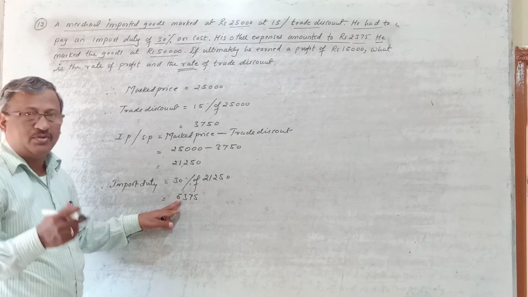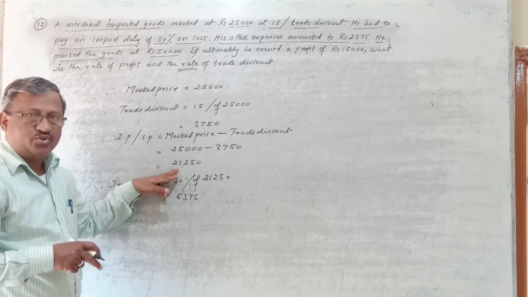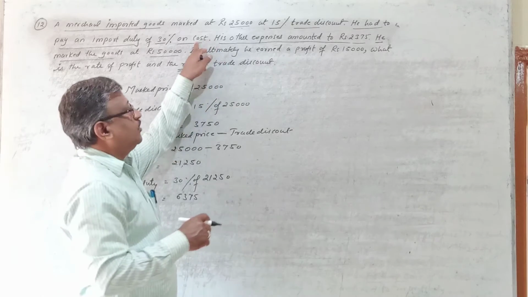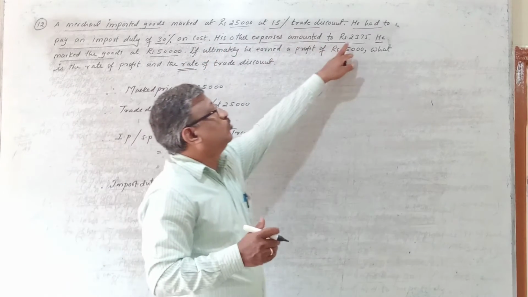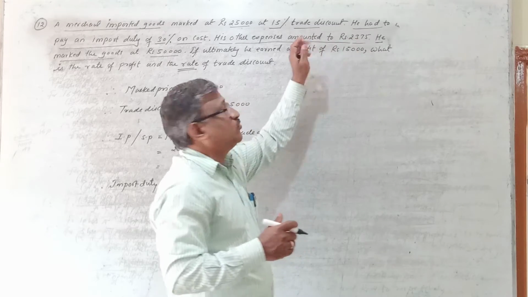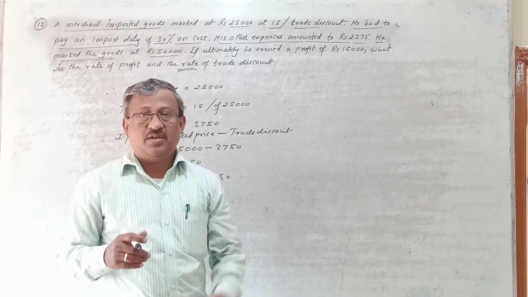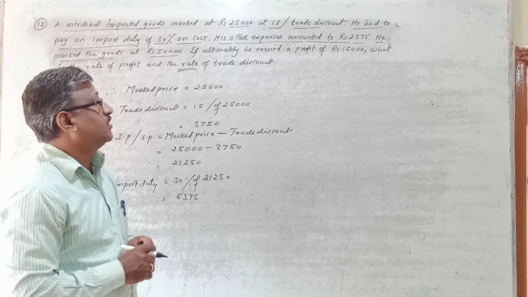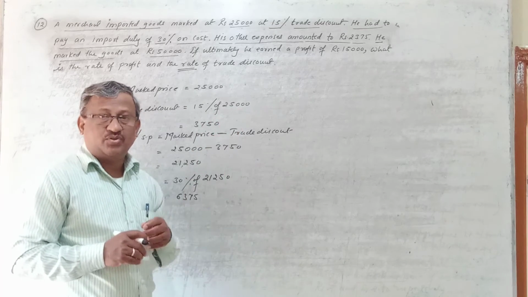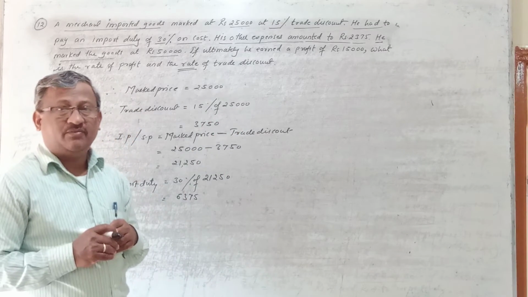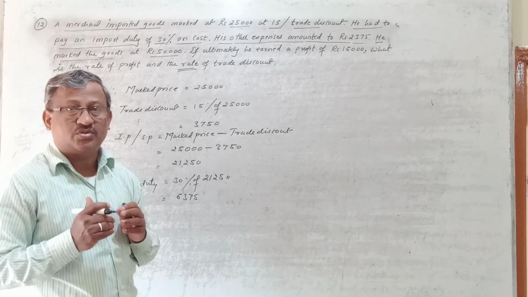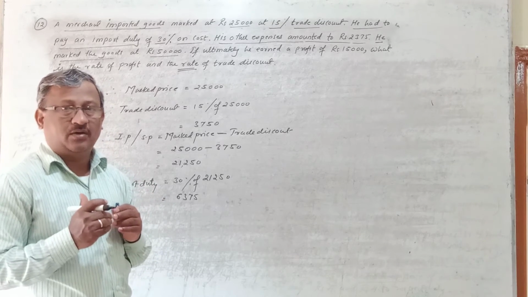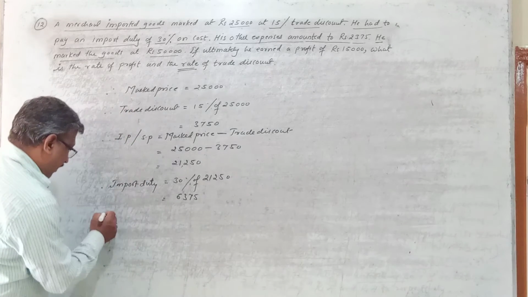So this is also an expense to him. And with this tax, he has also incurred 2,375 rupees as other expenses, right? He has to pay other expenses of 2,375. So that is also an expense to him. What we have to determine is the total cost incurred for importing the goods. Total expense incurred, right? So to calculate that, what do you do?